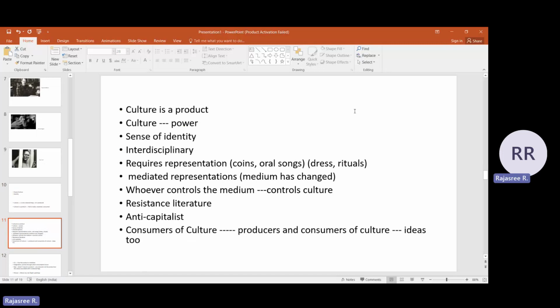See, cultural studies, you can look into, as I have told, it is interdisciplinary. Like we speak about the food habits, we speak about the entertainment industry, music, films, clothing. So almost each and every aspect of life is included. So it is very much interdisciplinary,